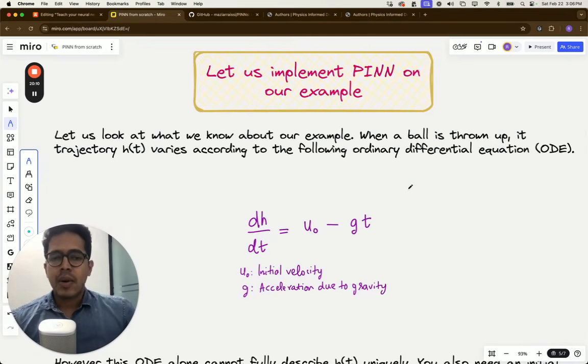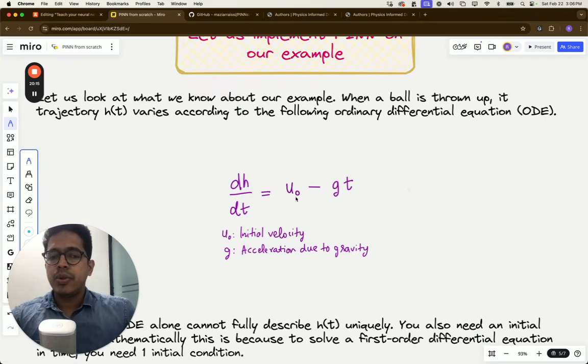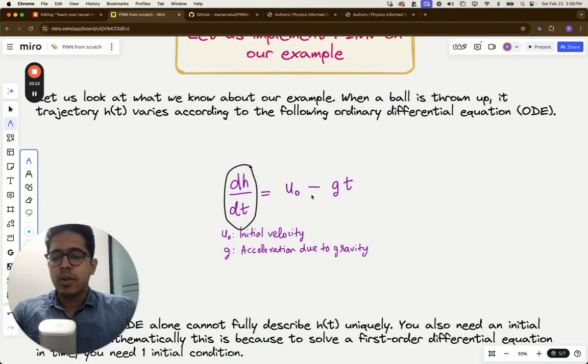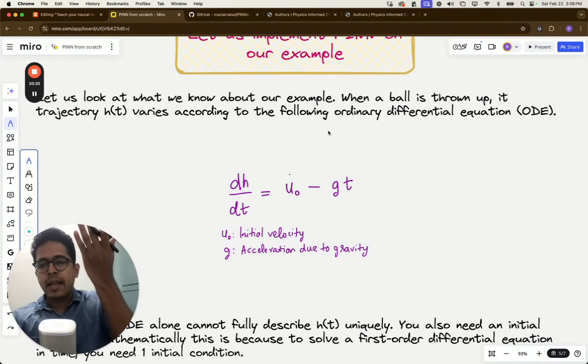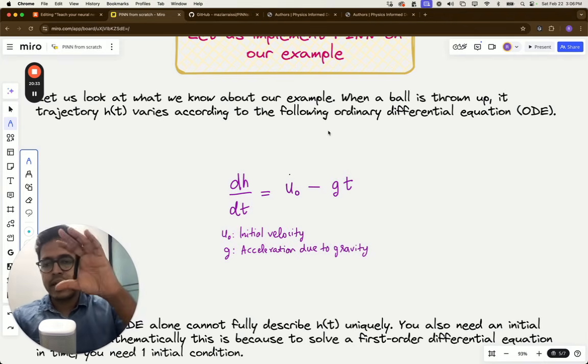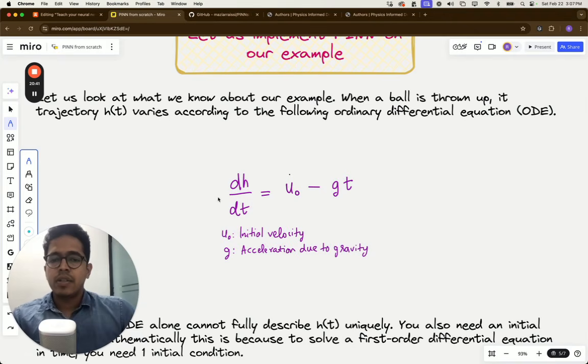So firstly, let us look at what is the differential equation that governs the motion of a ball. It is velocity equal to u minus gt. And velocity in our case can be described by rate of change of height. So dh by dt is equal to u naught minus gt. And what is u naught? This is the initial velocity with which you are throwing. Here, just imagine for simplicity that you are throwing vertically up. Otherwise, you have to have components for height as well as horizontal movement. So just for simplicity, assume that this is the velocity in the upward direction. So dh by dt equal to u naught minus gt is the differential equation that governs the motion of a